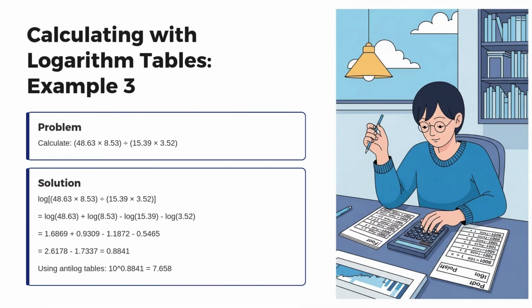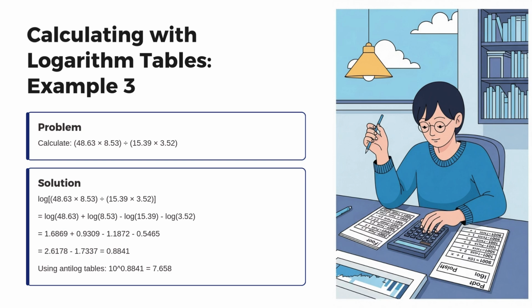Calculating with logarithm tables. Example 3. Problem: calculate (48.63 times 8.53) divided by (15.39 times 3.52). Solution: log of (48.63 times 8.53) divided by (15.39 times 3.52) equals log of 48.63 plus log of 8.53 minus log of 15.39 minus log of 3.52 equals